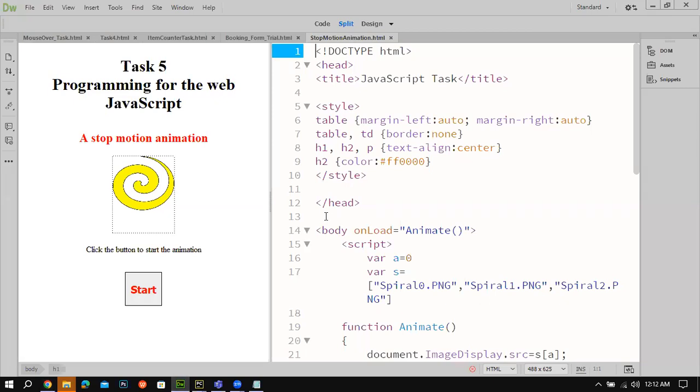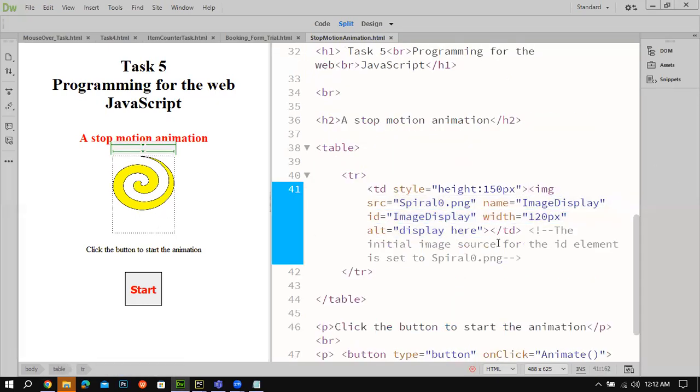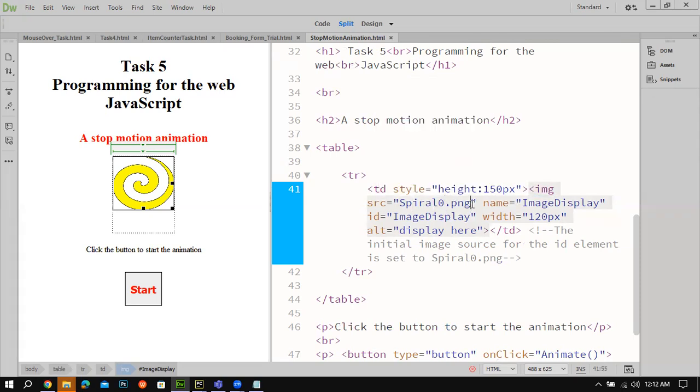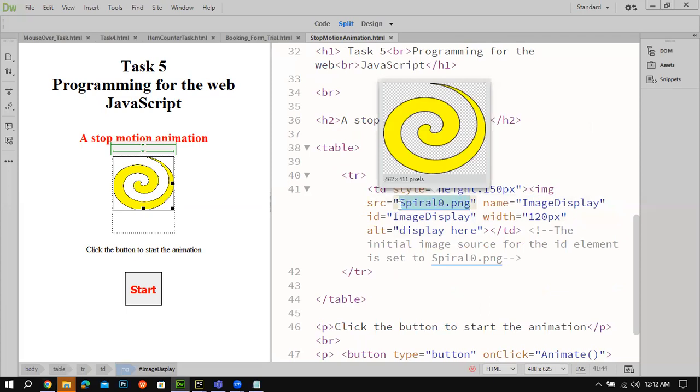So I've opened the file over here. We have the start button, and we have a placeholder, and this placeholder over here has this image source. Spiral, there wasn't anything, but I put a spiral 0.png so that we have at least the